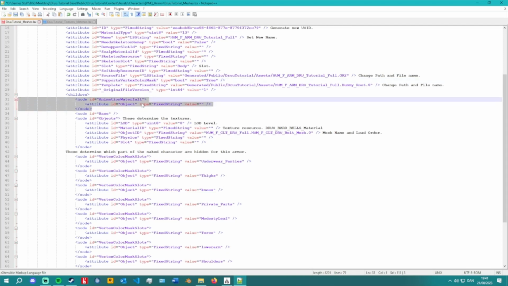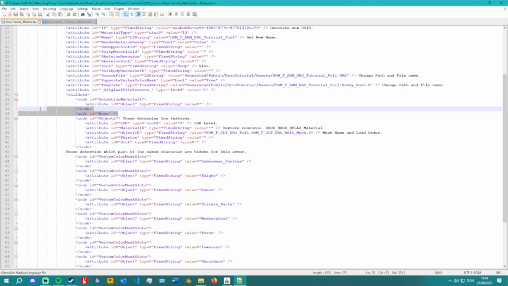Animation, waterfall. This is what technically you'd be for a mesh that has physics. This is where you would name those physics. As I've talked about, though, physics currently don't work when you have custom meshes. Next up,